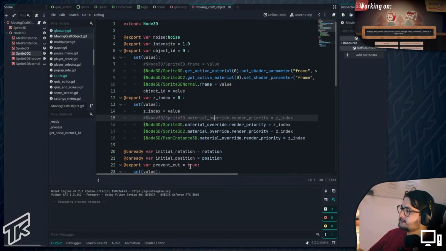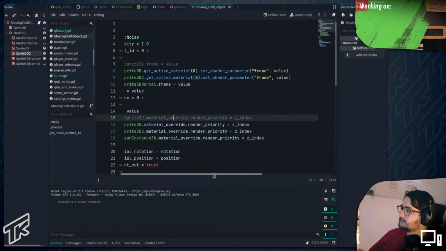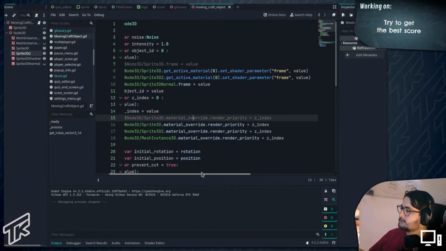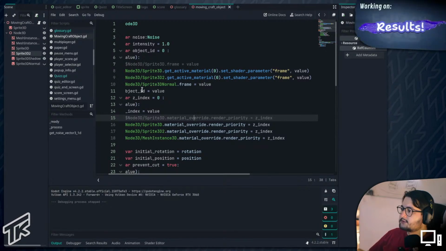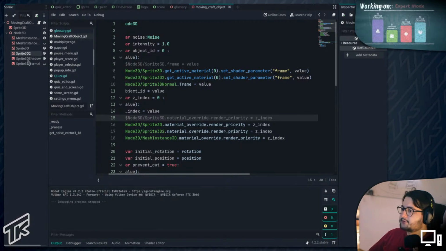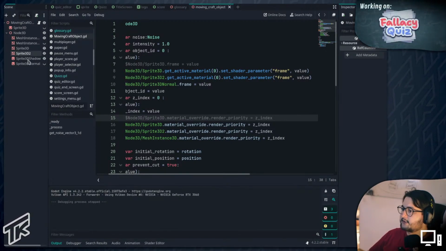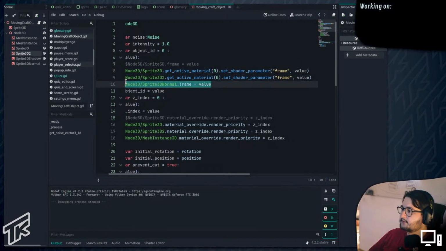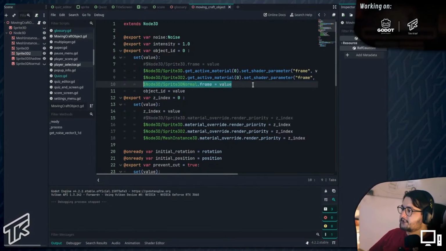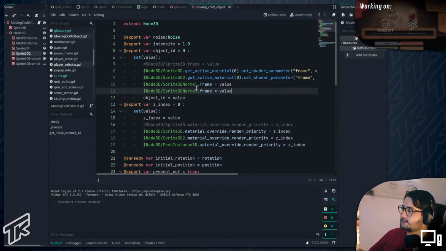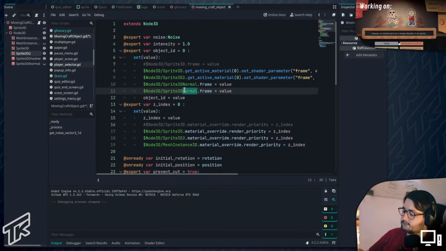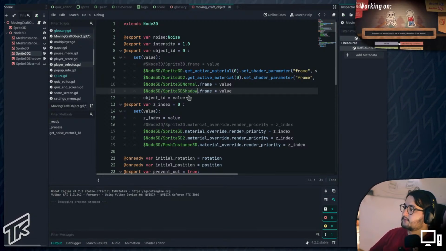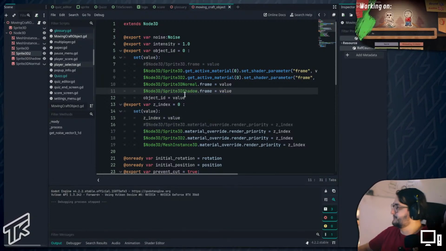Object ID. Sprite 3D normal, Sprite 3D shadow. I think it's this one. Sprite 3D shadow is not updated. I was missing this